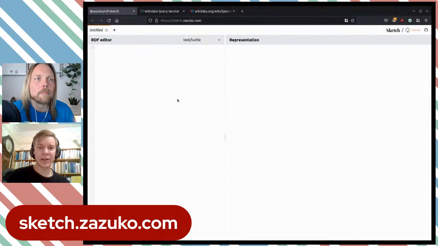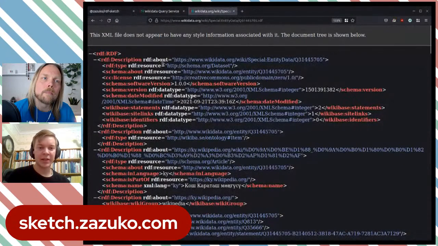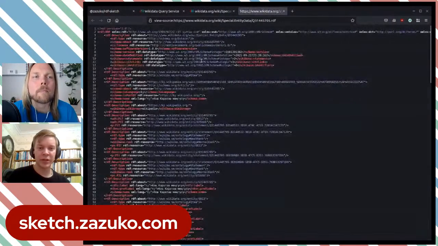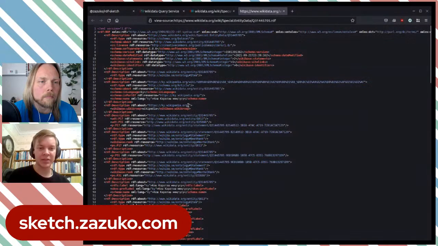It's an RDF editor called Sketch, and here I wrote RDF with various types. Now it's gonna get warnings because I don't have prefixes, but anyway, I can get the visual representation. And that's how I do data modeling when I need to work on that. But this can also be used to visualize existing